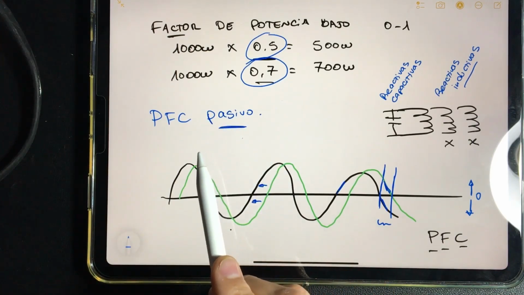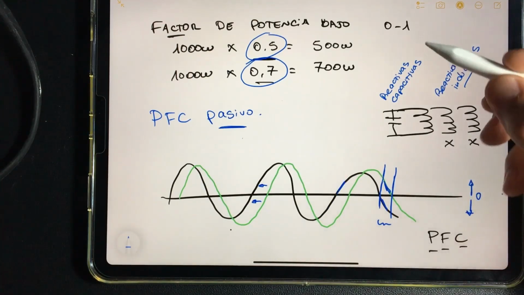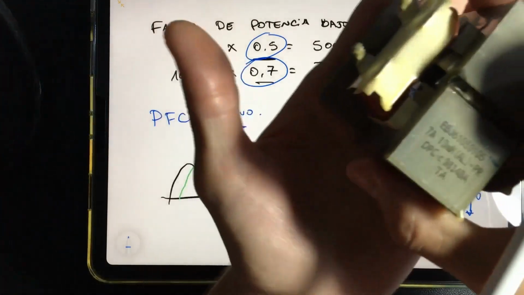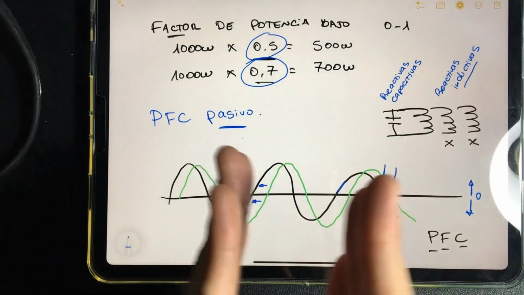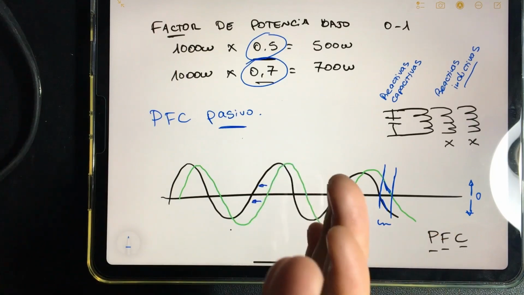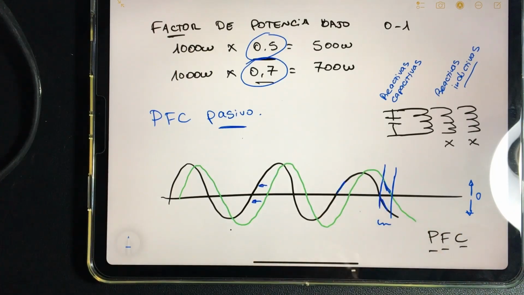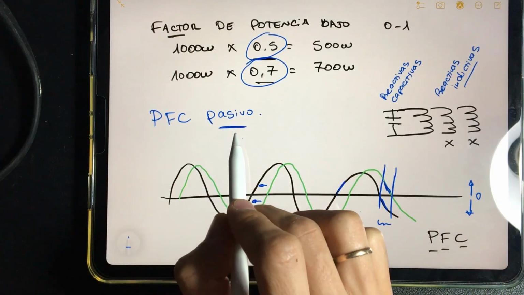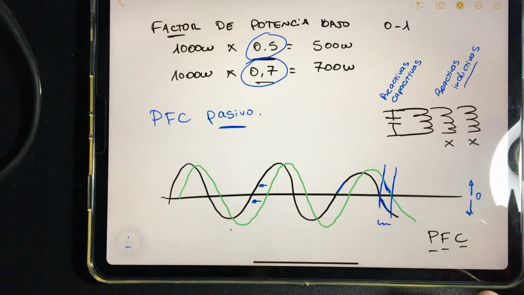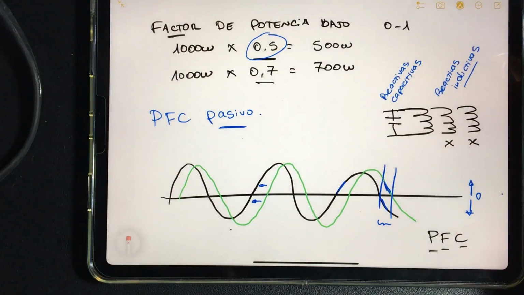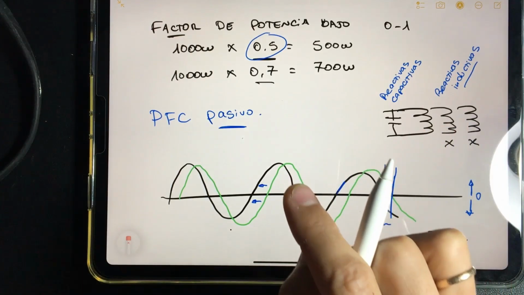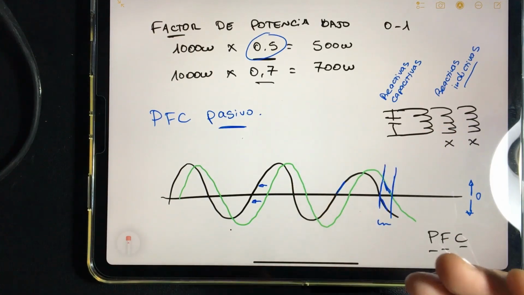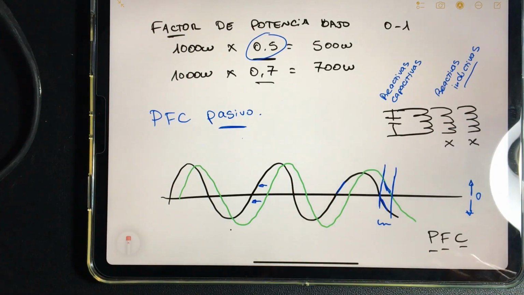Why is it called passive PFC? Because it is precisely passive. If I place a coil to compensate for the capacitor work, that coil is a fixed correction, not a correction that adjusts all the time. So with this passive PFC, we will try to correct this power factor, and I will be able to reach 0.7 at most. So to improve this even more, what an inverter circuit will do, at least the most sophisticated ones, and for example all in Europe,